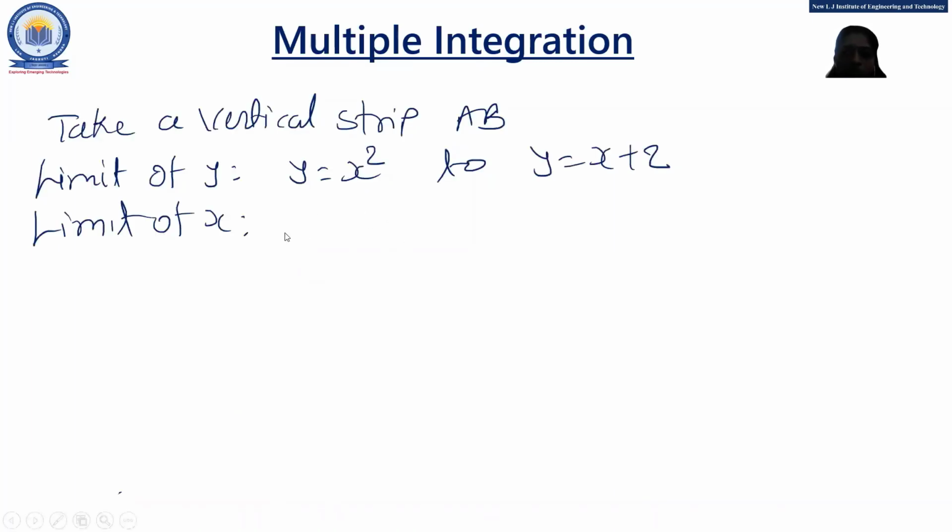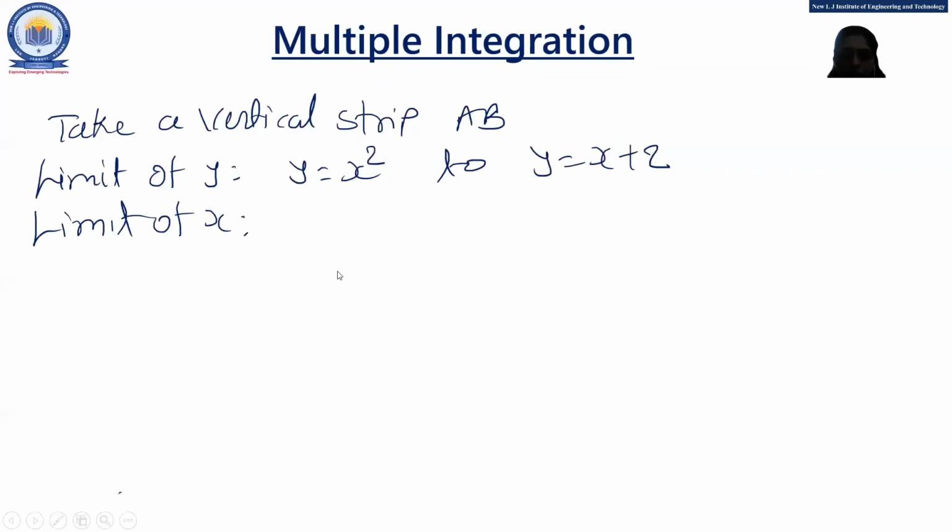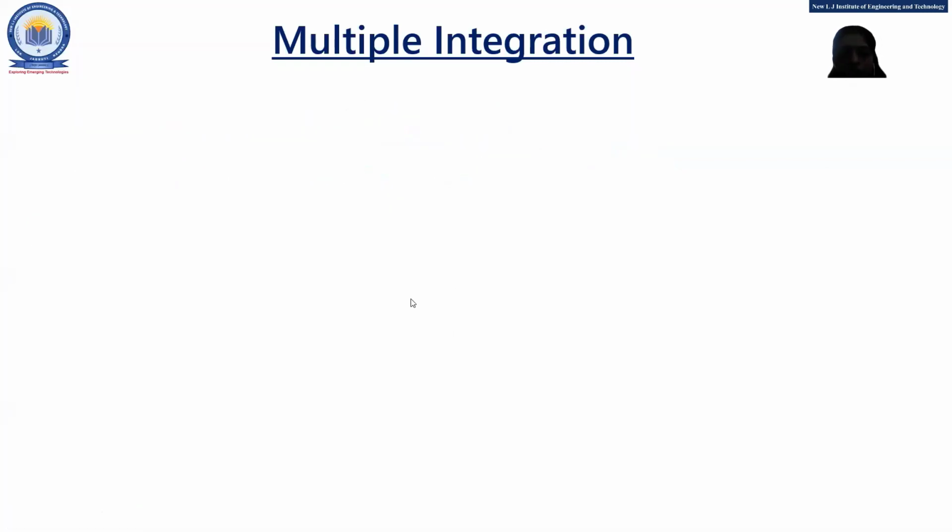One minute, student, there is a technical error. I'm not able to write here. So this point is really the most important point. You have to decide the leftmost point for the x starting point and rightmost point for the x ending point, right? There is some technical error. I am not able to write on this.